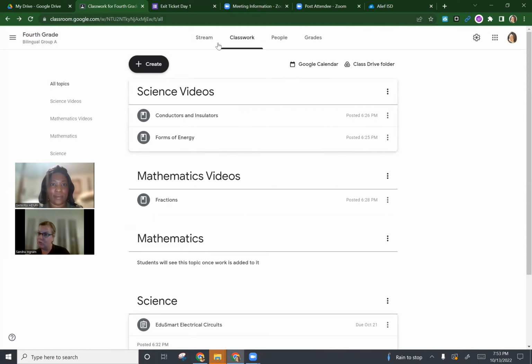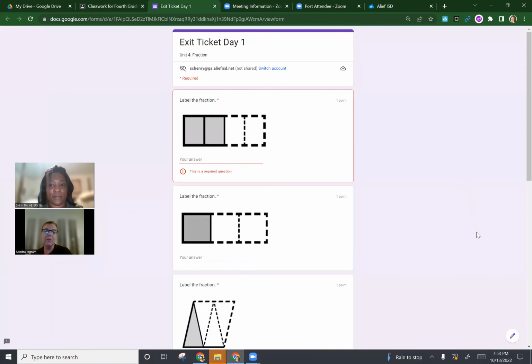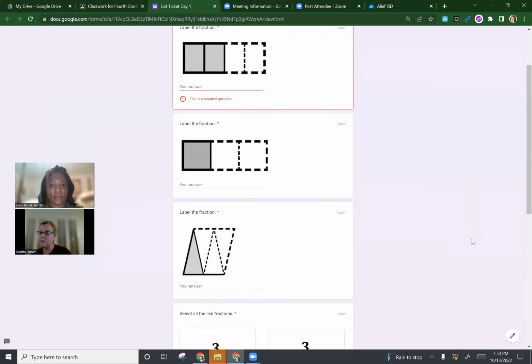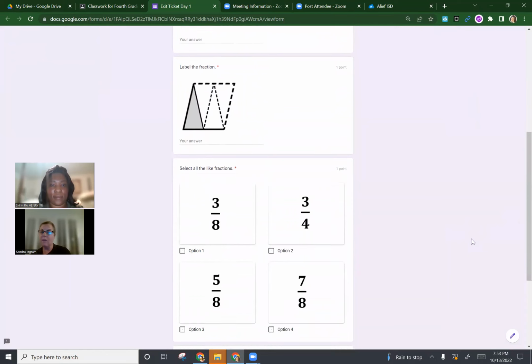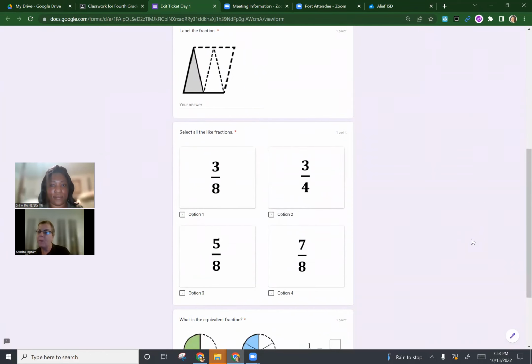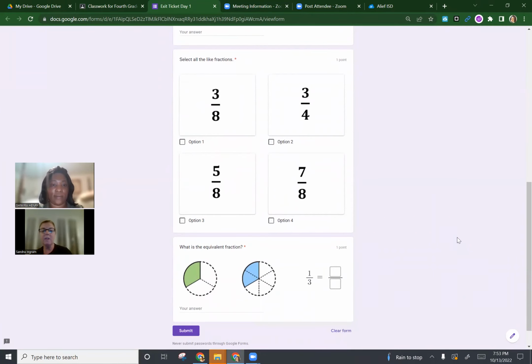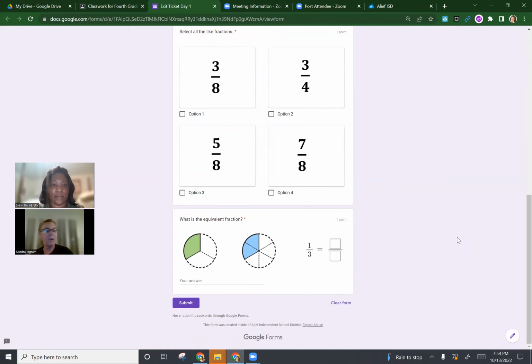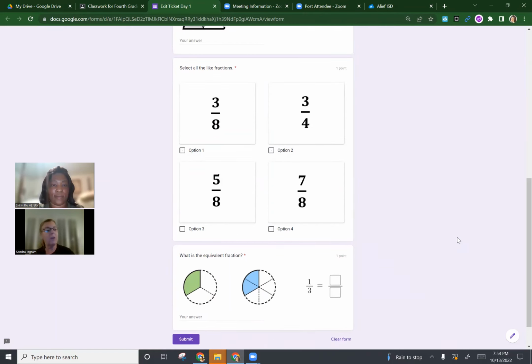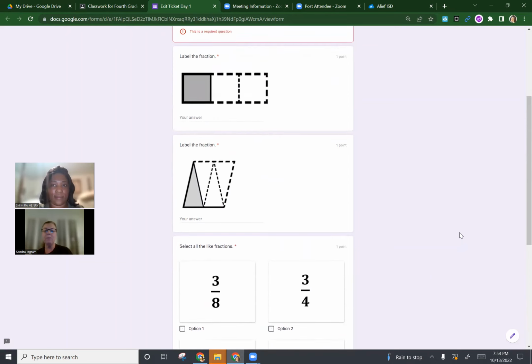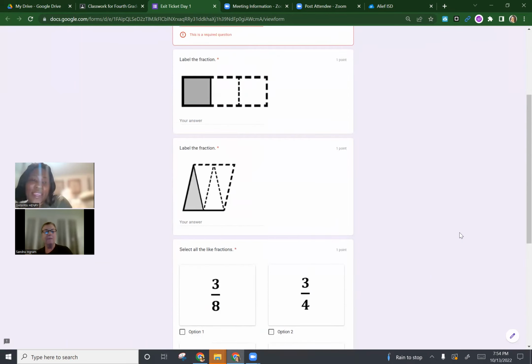And then the third thing was your form. I think this is very innovative. You actually put the pictures on here, and then the students answer this way. They could practice on paper, but then they put their answer on the computer. So it takes less time for you, because you can go and grade it immediately, find out what they made, what they're doing wrong, and then go back with feedback. So I think that it's a super good idea. I just think that you're learning a whole lot with this, and you're going to be able to implement it in your classroom.